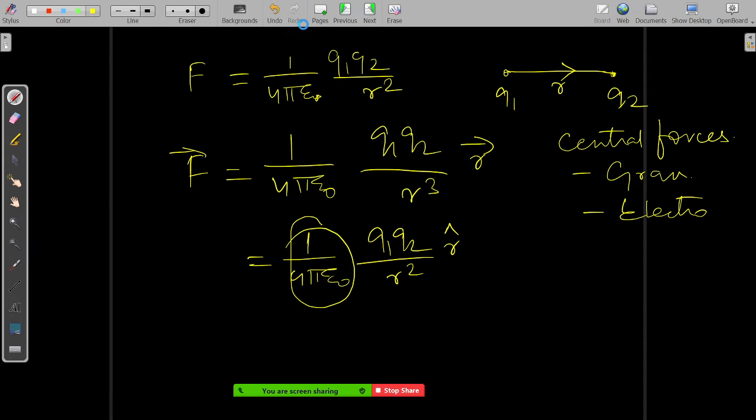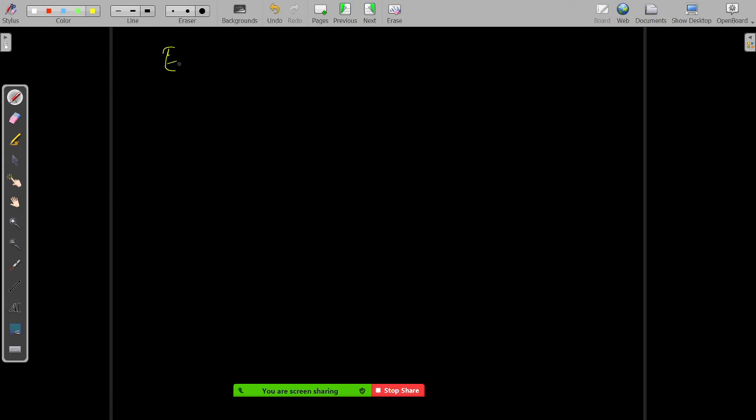After that, we saw what is electric field intensity, or electric field as you can directly call it. Electric field is given as force per unit test charge. Let's say I want to calculate the field due to a point charge capital Q at a distance r from it. I want to know what field this charge is having at a distance r from itself.